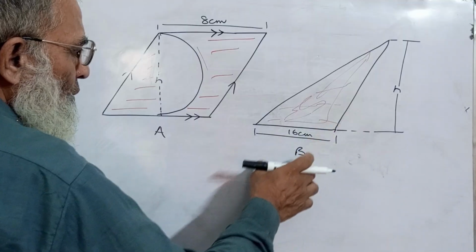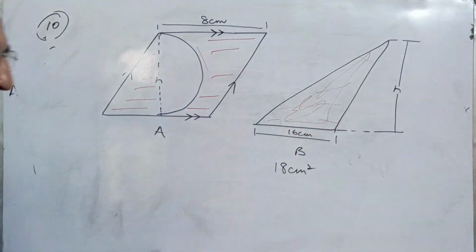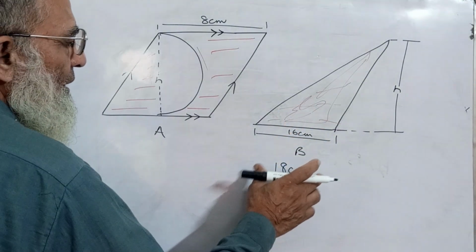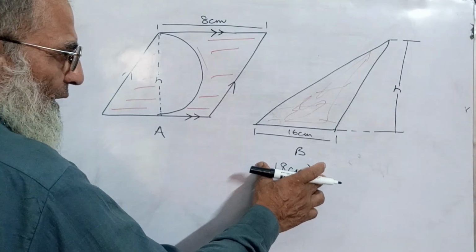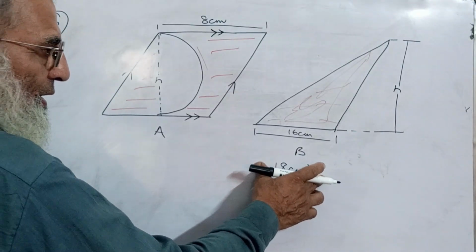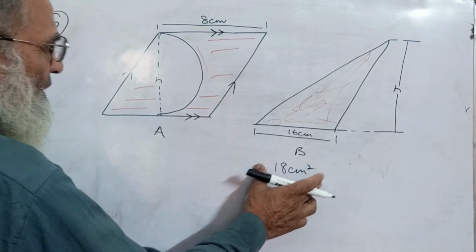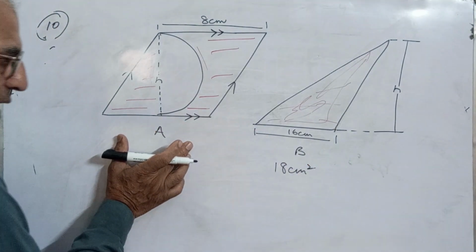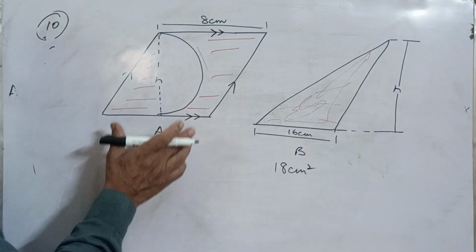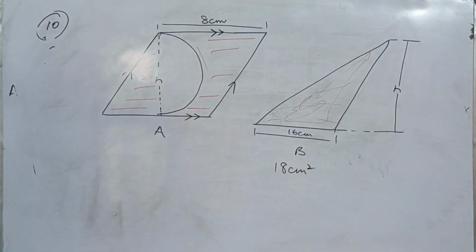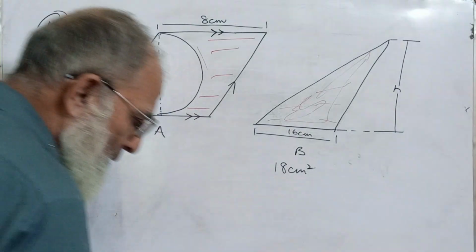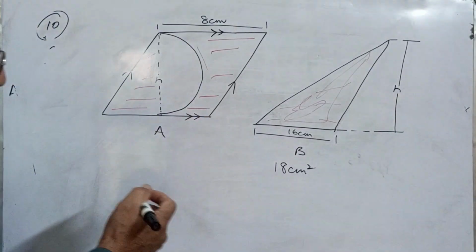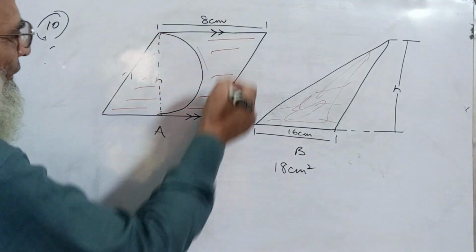When we calculate it, the painted surface is 18 centimeter square more than what we paint on A. So that means we will be finding the